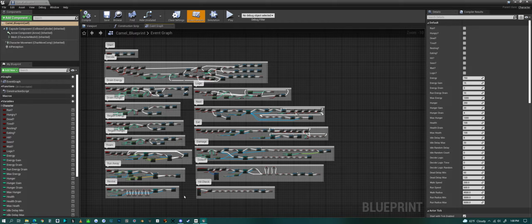And then reviving him when he dies. We have a little bit of logic as to whether or not he will make the decisions he does, the camel that is, what he does in resting, the eating string of animation, how he does that,